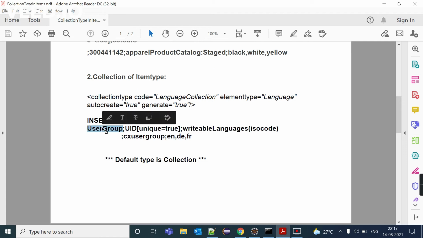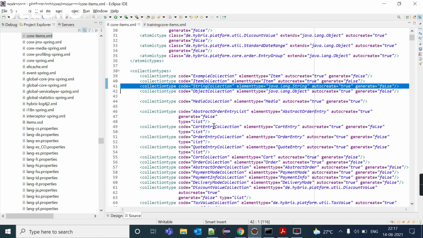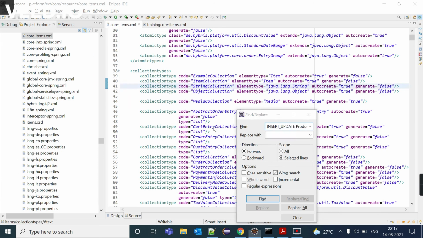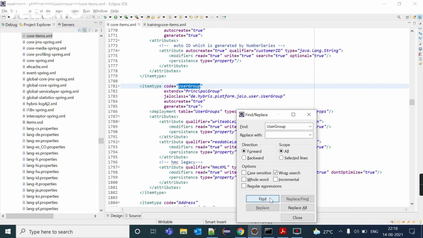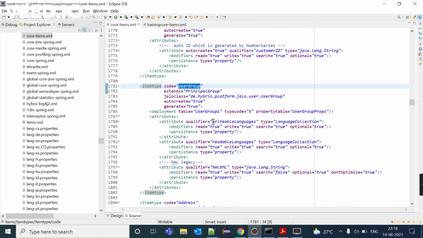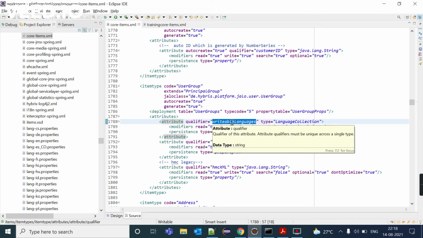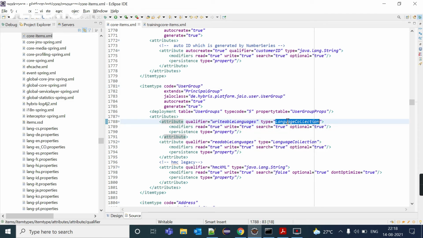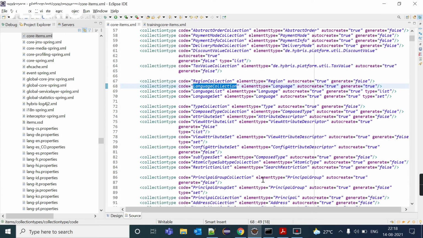On user group, we already have one language collection. This is the user group item type. You can see we have the qualifier writable languages and its type is language collection.